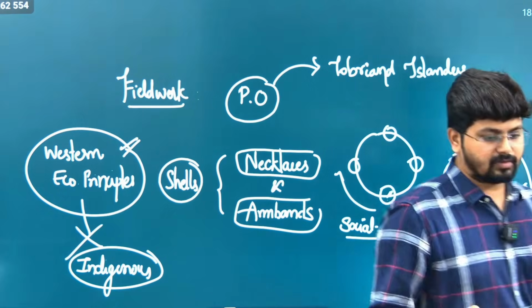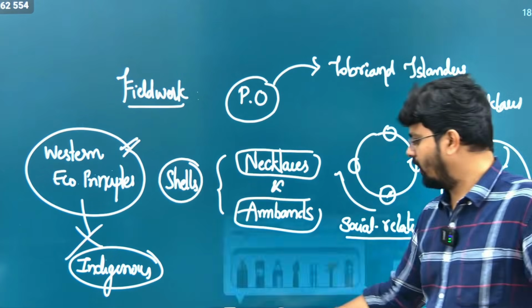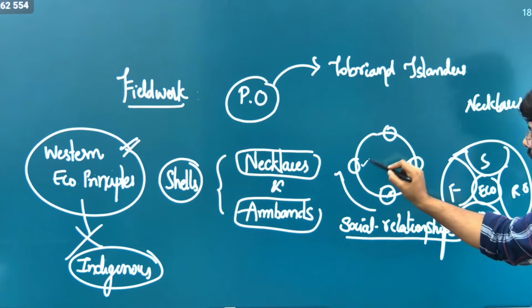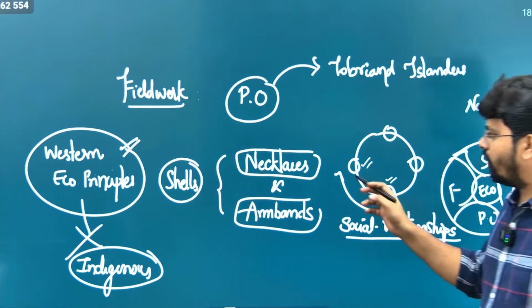Suppose there is a crisis in one of the islands. Now they don't have food, but whom are they going to depend upon? They are going to depend upon the other island people. So if they have good social relations, tomorrow they will have food in times of crisis. However,